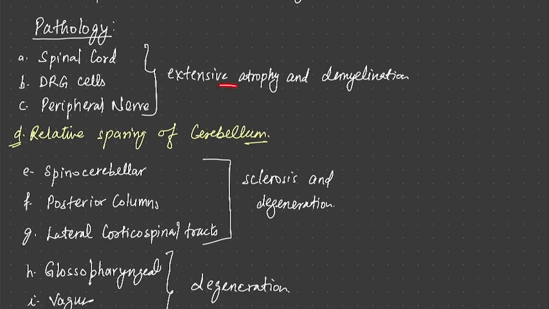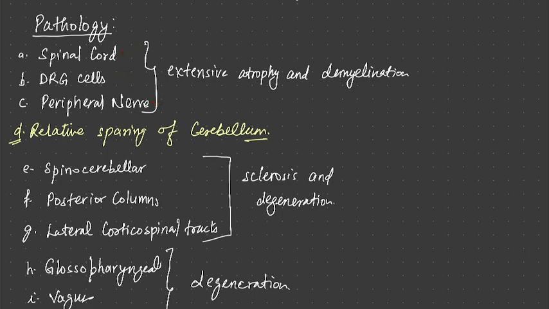There is extensive atrophy and demyelination in the spinal cord, dorsal root ganglion cells, and peripheral nerves. But characteristically, there is relative sparing of the cerebellum. Because the peripheral structures are extensively involved, there will be sensory ataxia. There will be no cerebellar ataxia but sensory ataxia, right? That needs to be